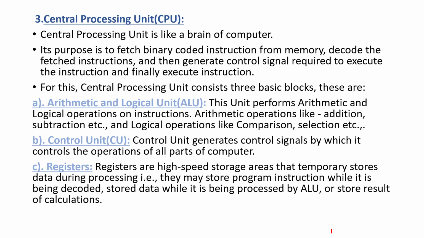Now moving towards the next one, that is central processing unit. It is also known as the brain of computer. It is known as the brain because, take one example of our own brain. Whenever we see something or watch something, it goes into our mind. Then we interpret that thing, what it is, how it is made. So many questions are interpreted in our mind, and after that we get the information about the thing.